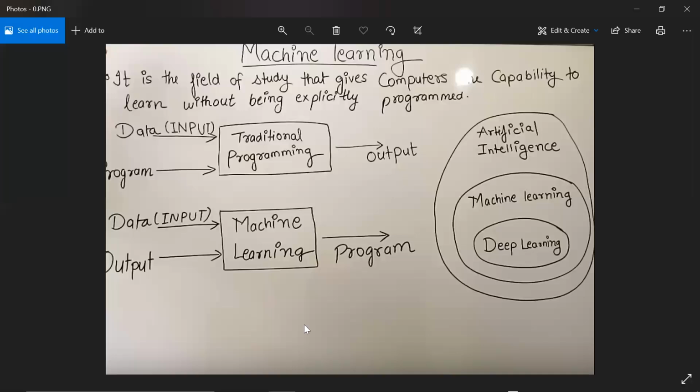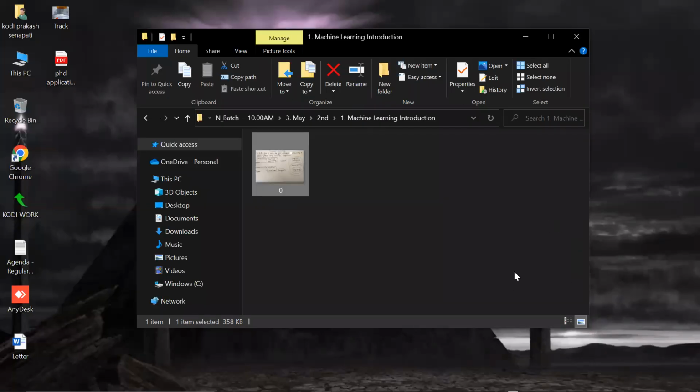Agree? Yes, online team. But now in machine learning, we feed input and we feed output to the system. The logic is generated, and that is called the model.